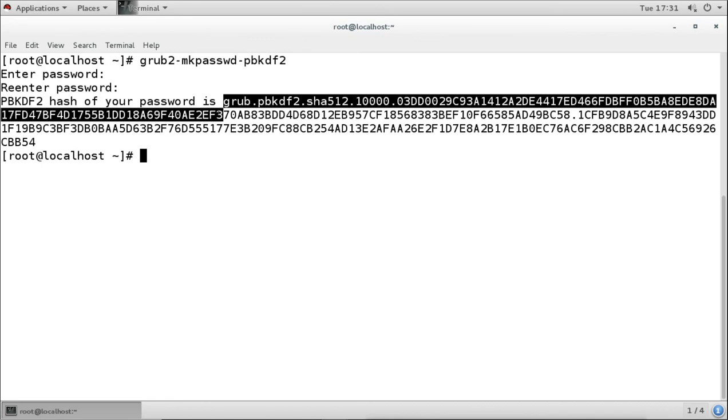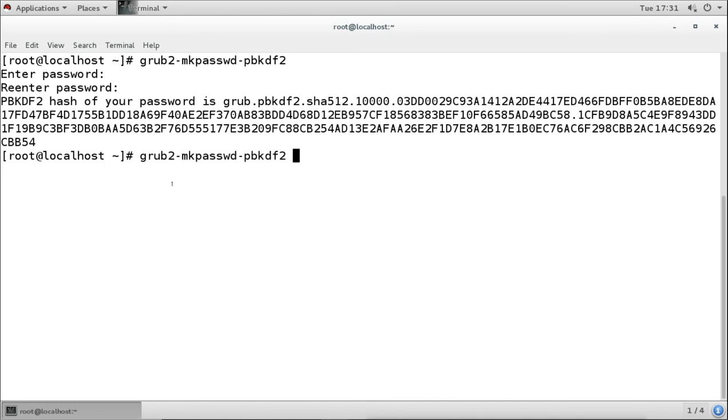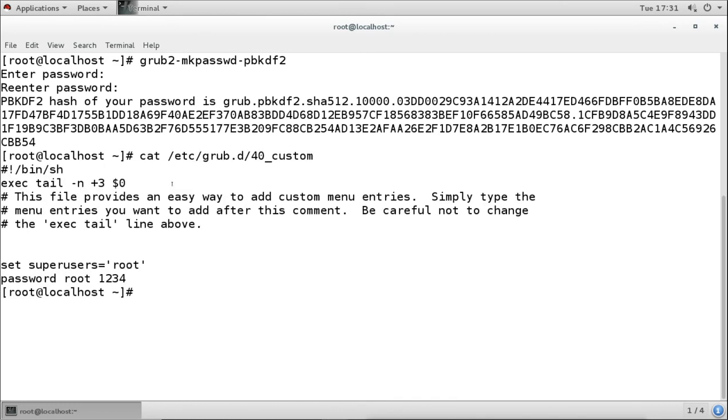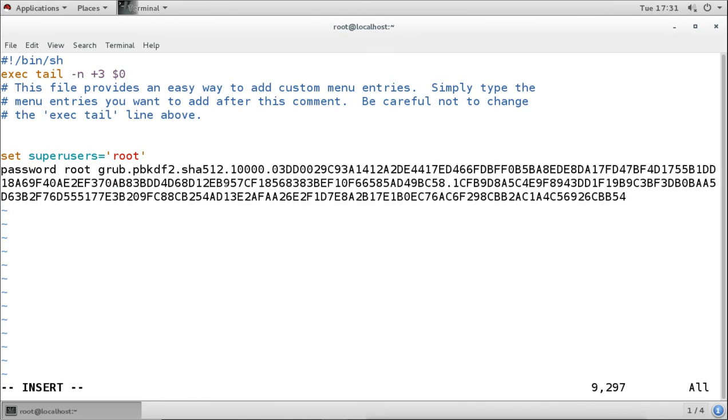We have to copy this whole value and put it into our file. I will right click and copy this, and then open the custom file with vim. Instead of using the plain text password, I will paste that secure password here.